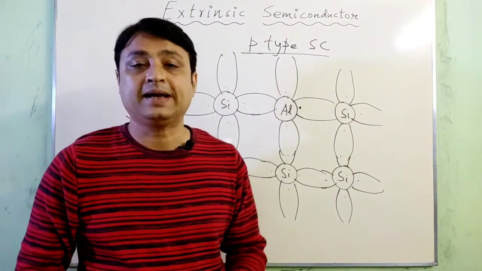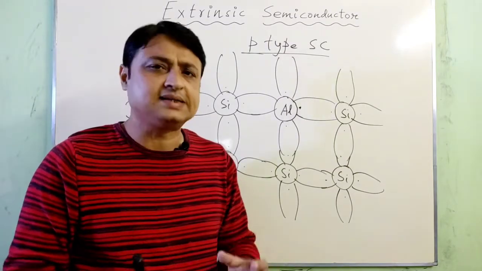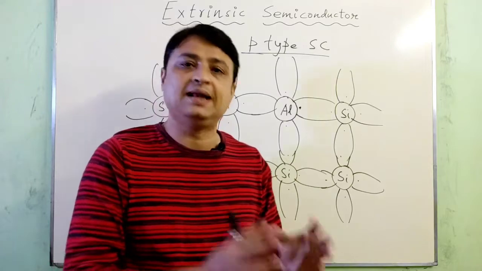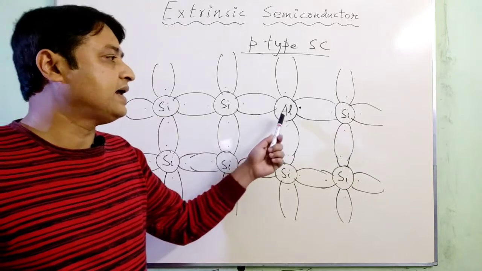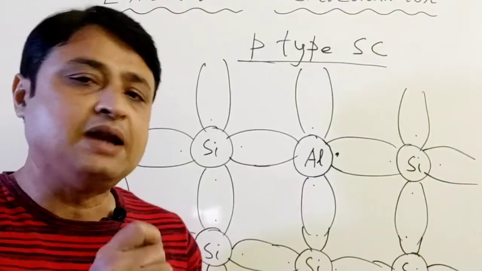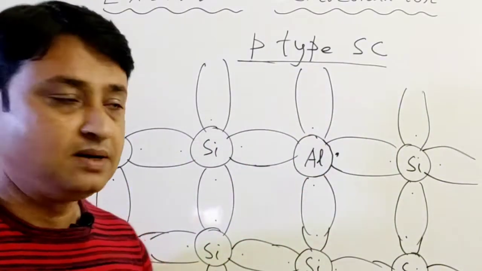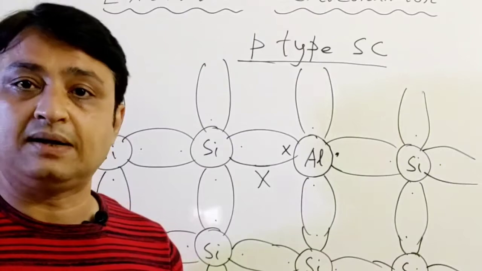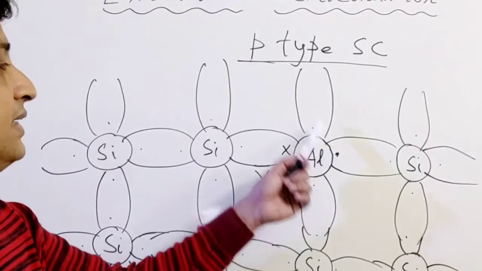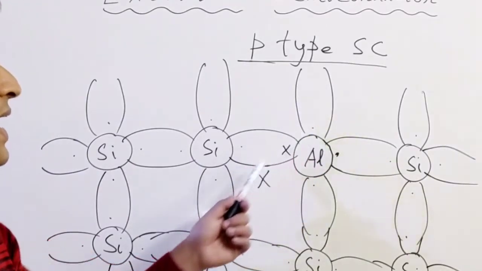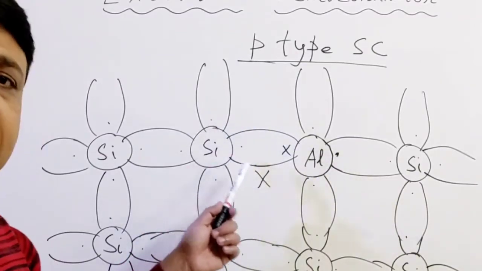Now let's consider another type of dopant atom, that is, let us introduce a group 3 element inside the silicon structure, and as an example I have taken an aluminium atom. An aluminium atom is introduced inside this silicon structure, and what will happen? As you know, an aluminium atom has only 3 valence electrons. So the 3 valence electrons are introduced here, and this bond, for example, will behave as